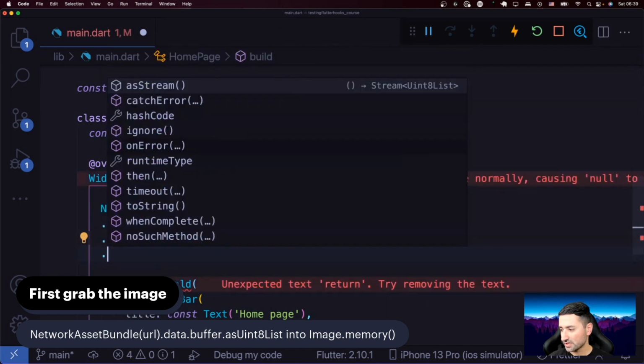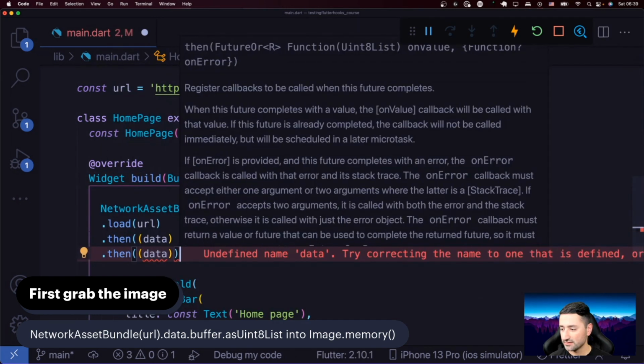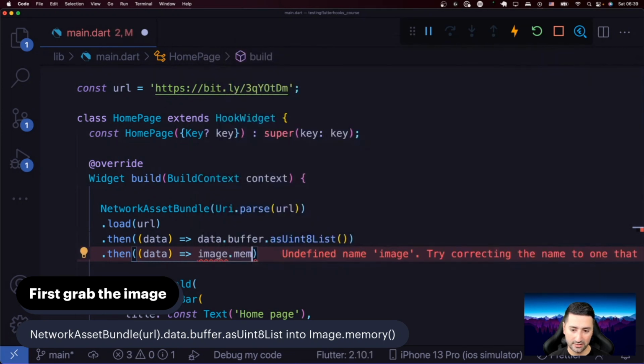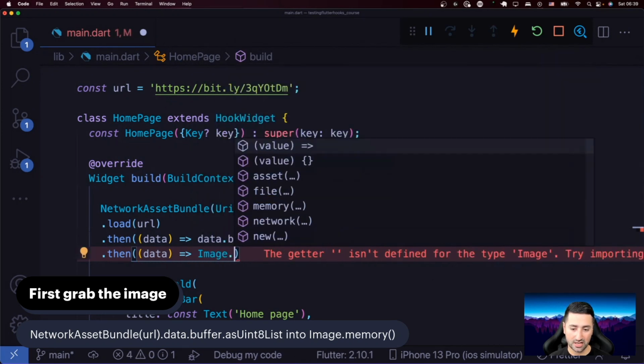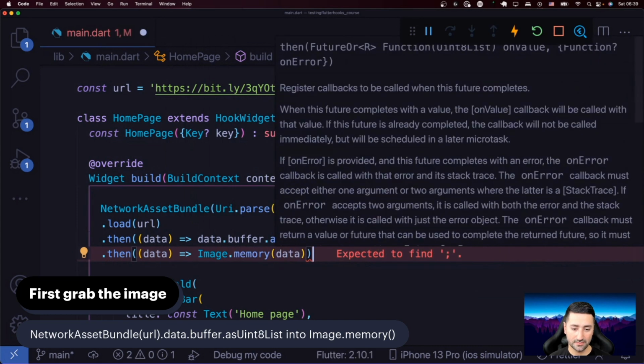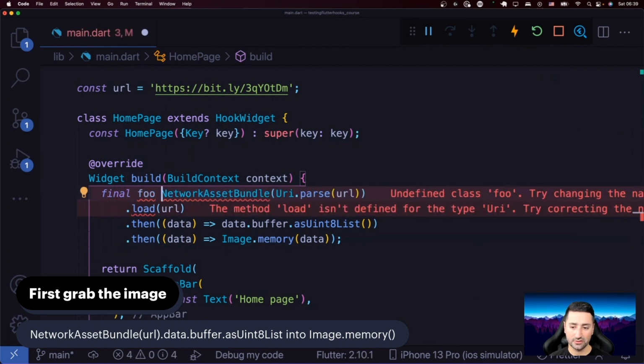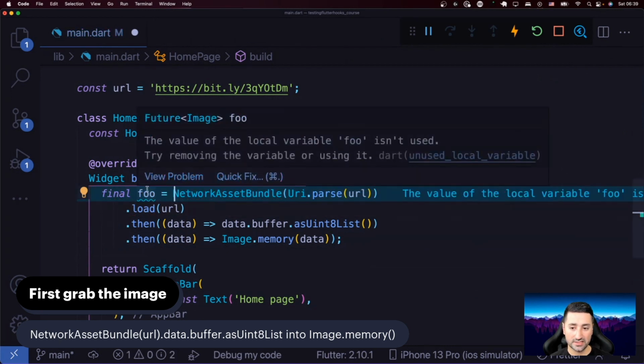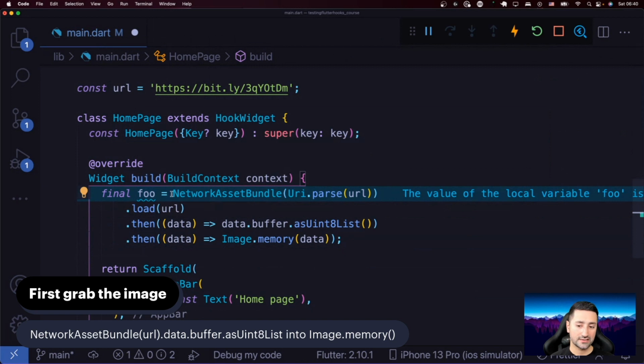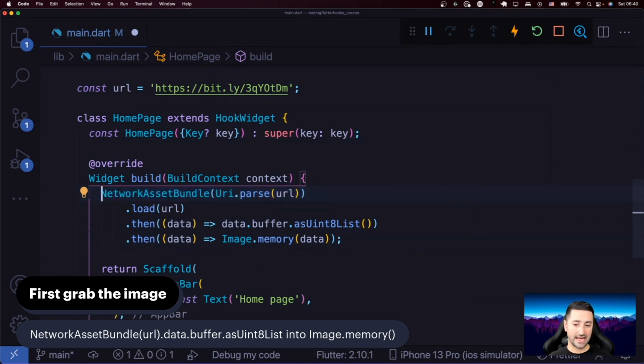Okay, and then we're going to create an image out of this. So we're going to say data, Image capital I dot memory from that data, just like that. So if I say final foo, if I can type final, you can see now the data type of this foo is actually a future of image. So it's going to load an image dynamically for us in a future and then give us that image back. Okay, so instead of just saying image.network, which does all of this for you, I'm just trying to explain to you how futures work with the use future hook in Flutter Hooks. Okay,